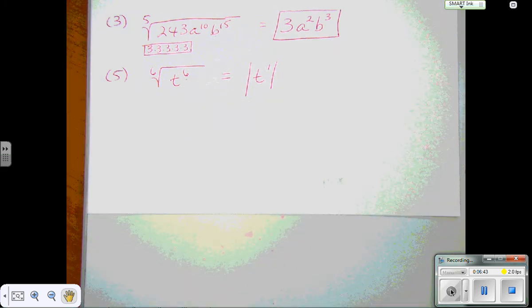But when you have that even index, even exponent, odd exponent, you have to put absolute value around the variable to show that it has to be a positive value. If it's a number, you don't have to use the absolute value because you can show it's positive just by putting a plus in front or just leaving it positive. But for variables, you have to put absolute value around it. So, for example, number 8,